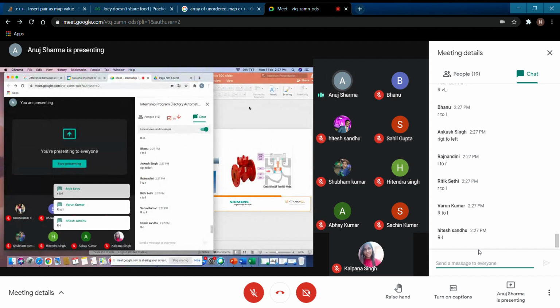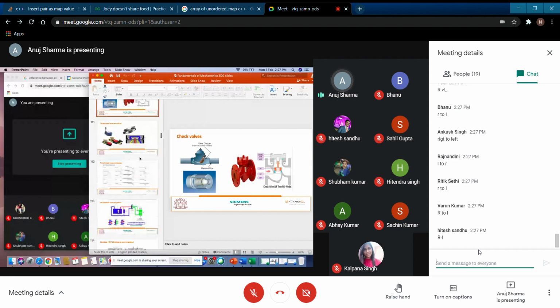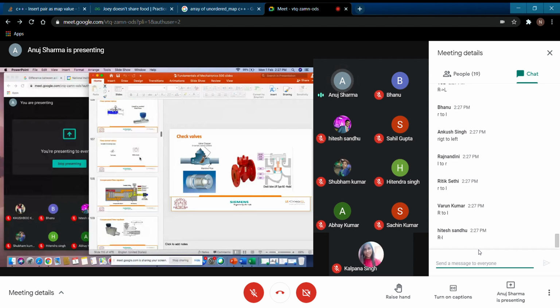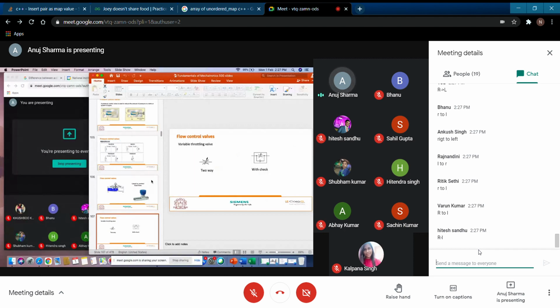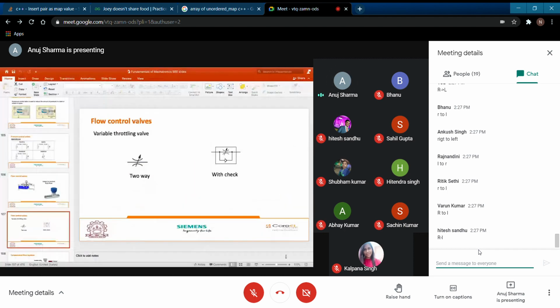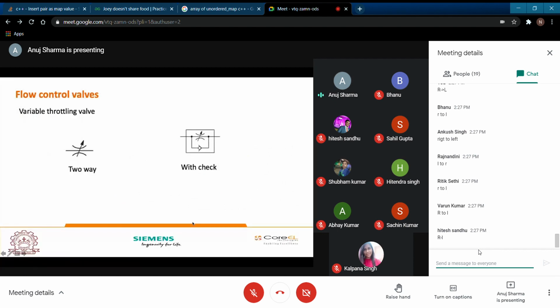Right to left, right. The same kind of valve we are using in this flow check. Now you can see that this is the same kind of arrangement where there is a ball. For this kind of arrangement we have already seen that it allows the flow from right to left.